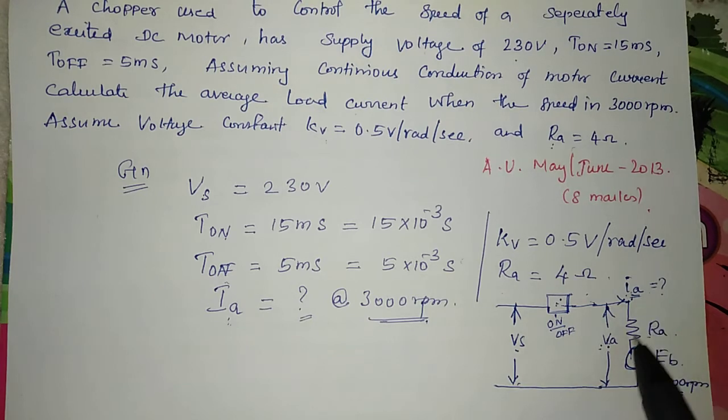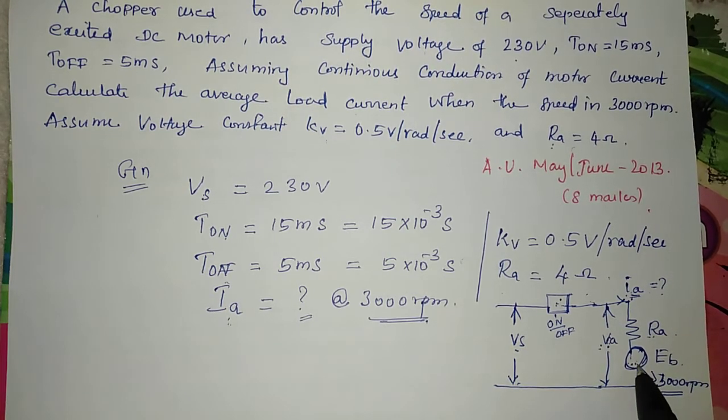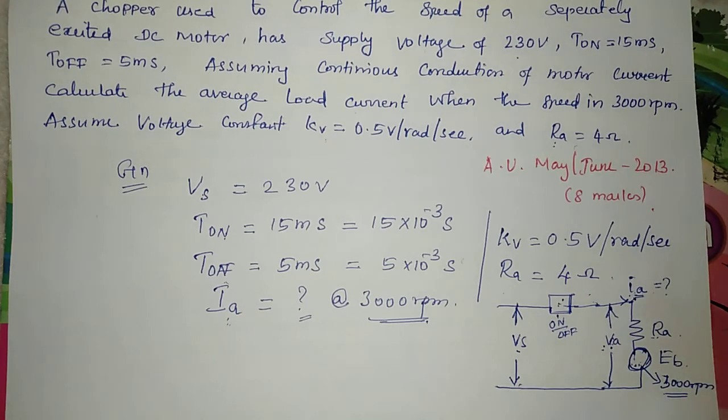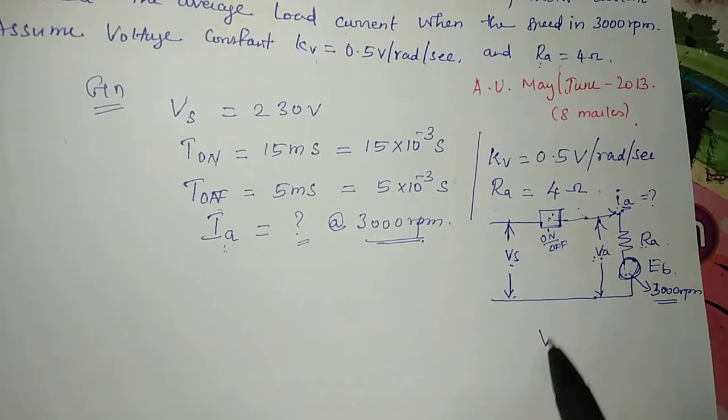and by substituting Va divided by Ra, Ia is equal to Va divided by Ra, in the sense, the answer is wrong. The answer purely depends upon the rotor. So we need to find what the rotor value is, then only we can identify Ia. So for that we need a small equation,